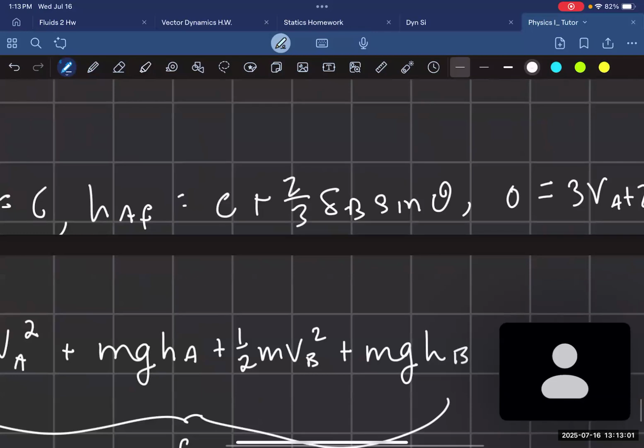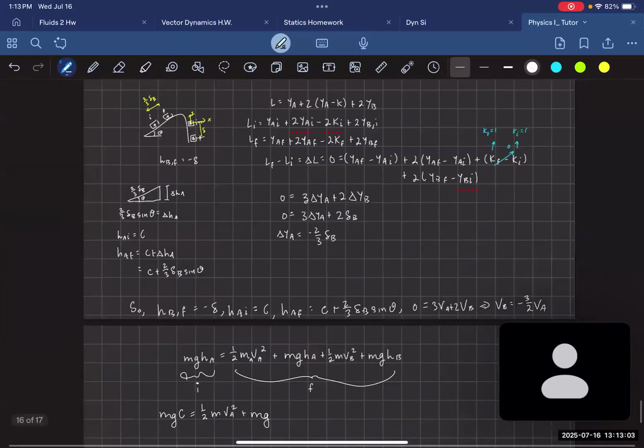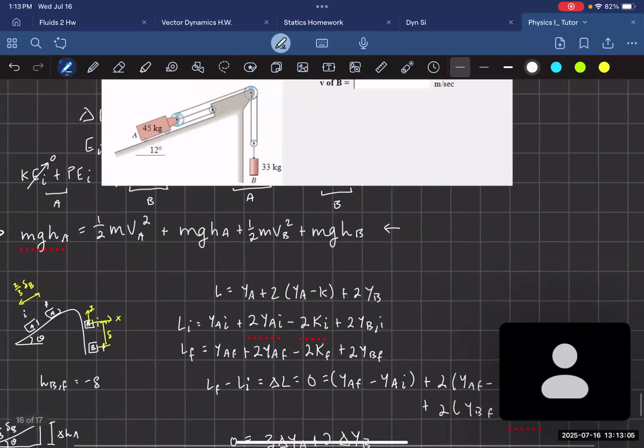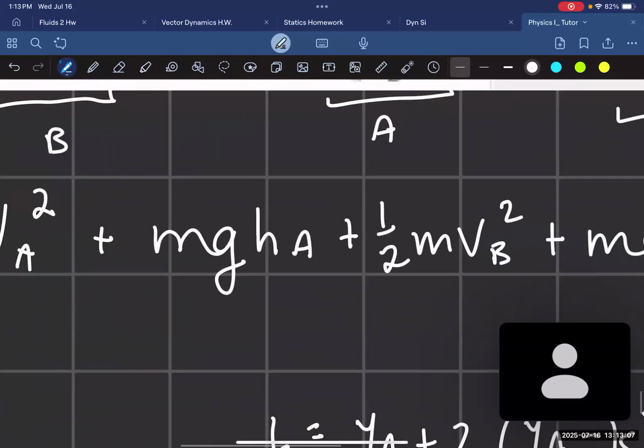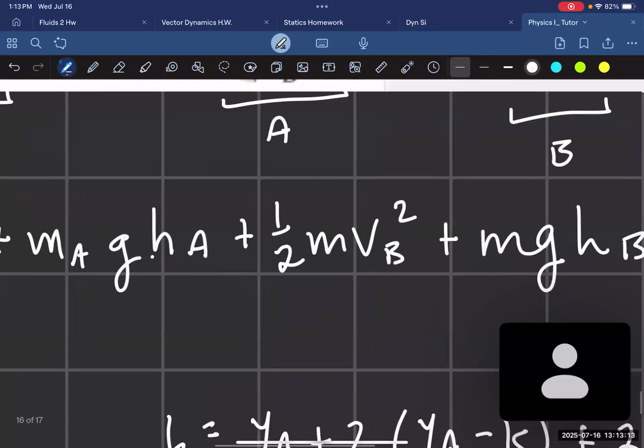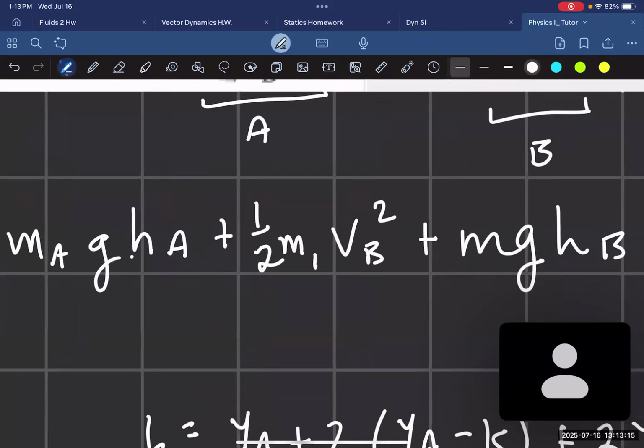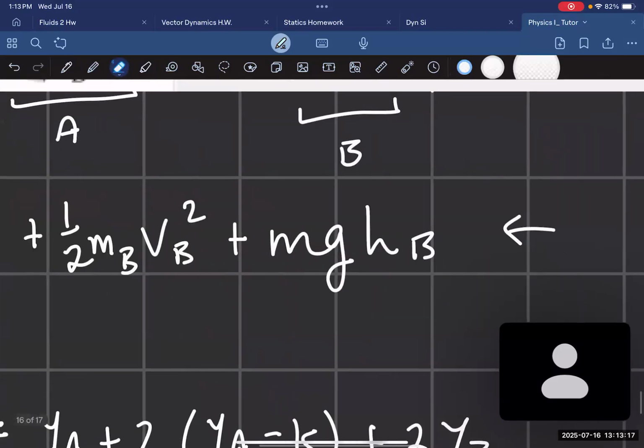No, excuse me, guys. I forgot to write down the variables. All right. So if this is of A, this needs to be MA, right? MAG plus 1/2 MVB plus,